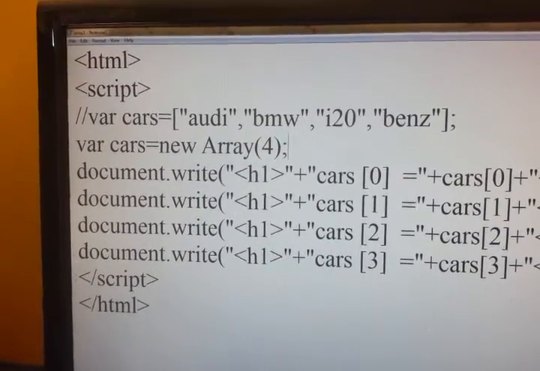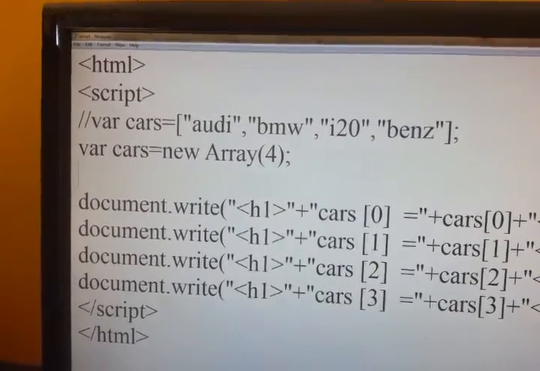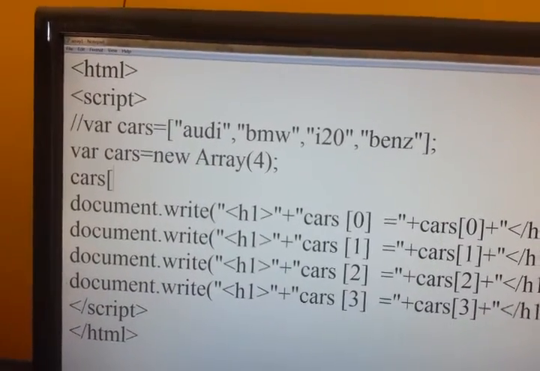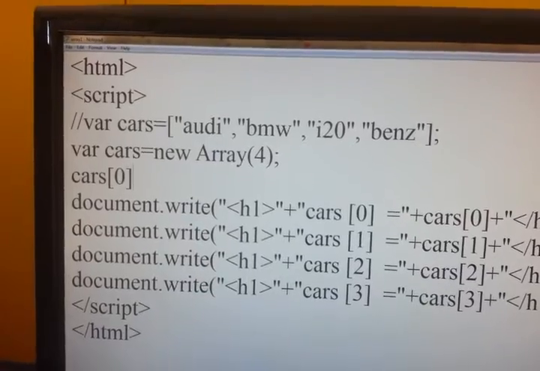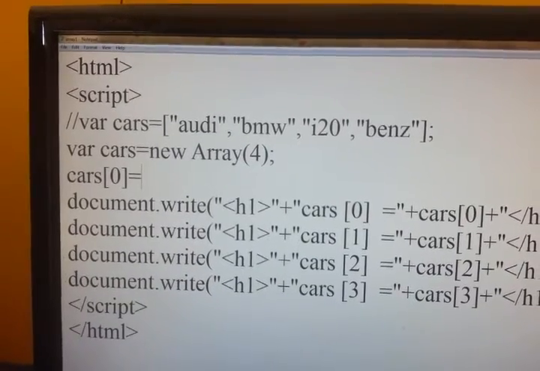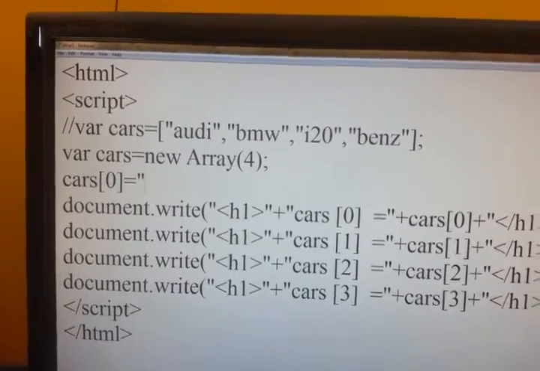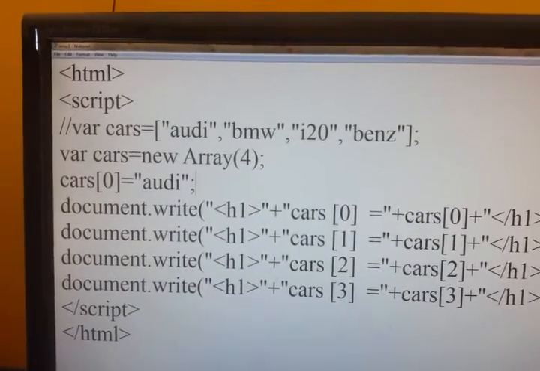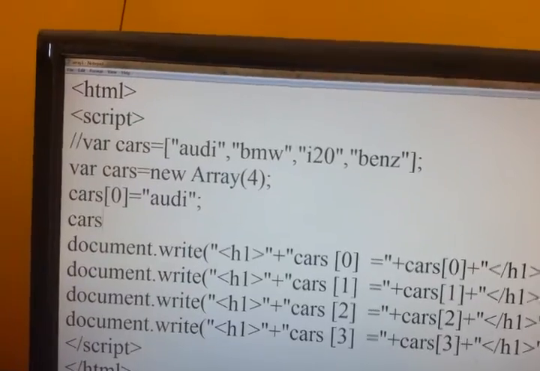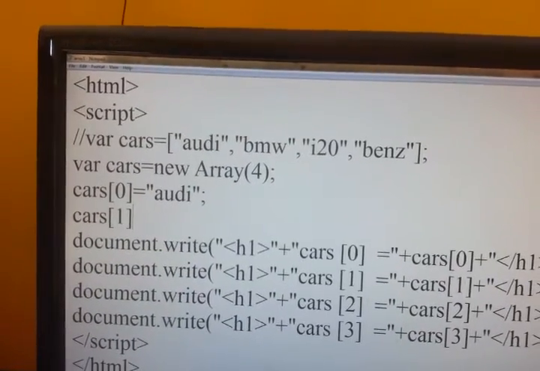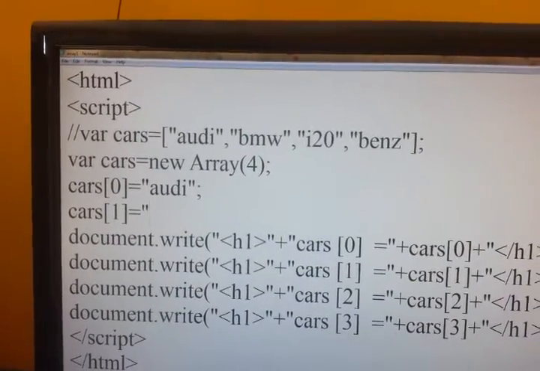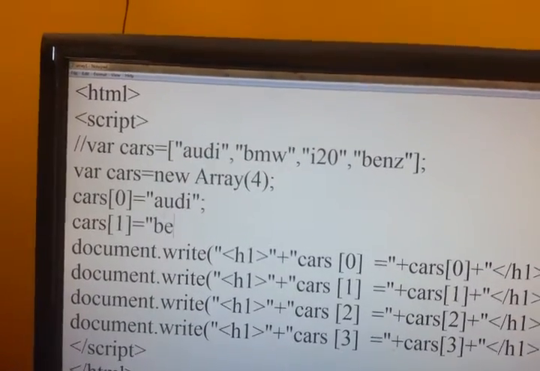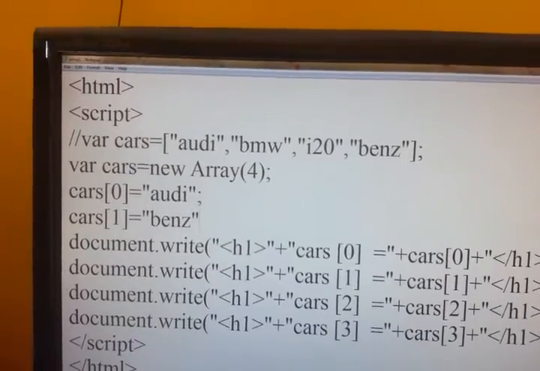Now this is just declaration. Now we have to initialize values. So how to initialize values? We have to use cars within square brackets is equal to Audi, then cars of 1 is equal to Benz,